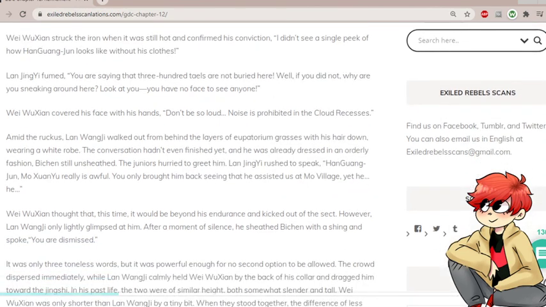Amid the ruckus, Lan Wangji walked out from behind the layers of eupatorium grasses with his hair down, wearing a white robe. The conversation hadn't even finished yet, and yet he was already dressed in an orderly fashion, Bishan still unsheathed. The juniors had hurried to greet him. Lan Zhengyi rushed to speak. Han Guangjun, Mojan Yu really is awful. You brought him back, seeing that he assisted at Mo village, yet he...